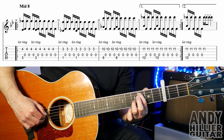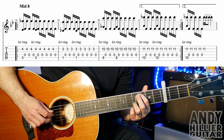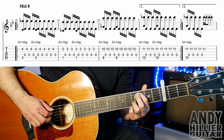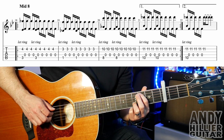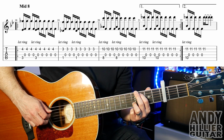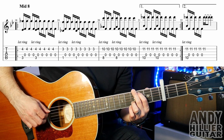fret 3 on the A string, 4 on the B string, and the right hand you can play the A string and the B string at the same time, then D, B, D, B, D, then both at the same time, then D, B, D, B, D, B, D. So you get... And that right hand is going to go all the way through this section, so you get...